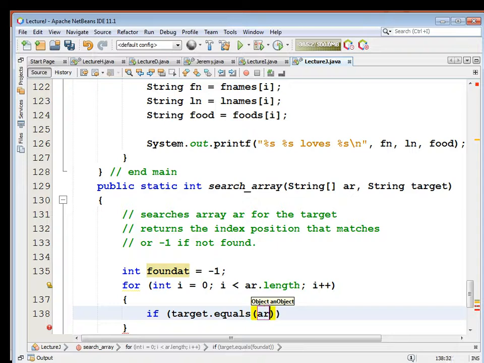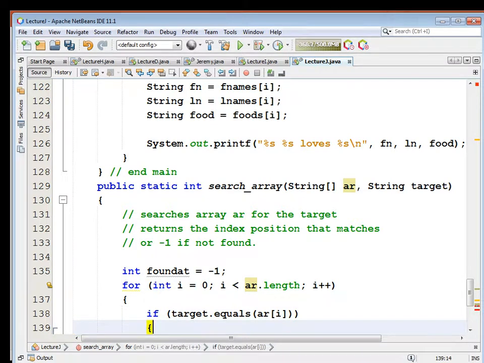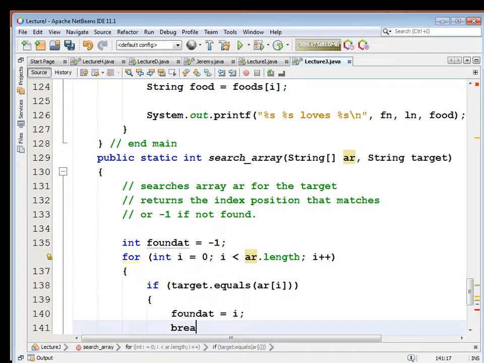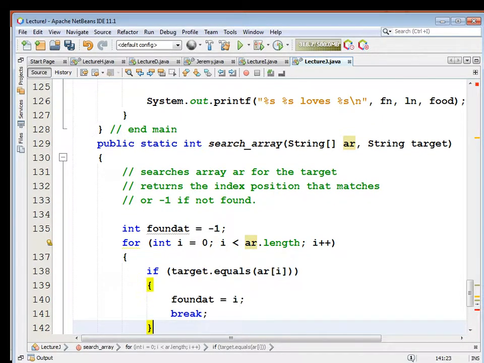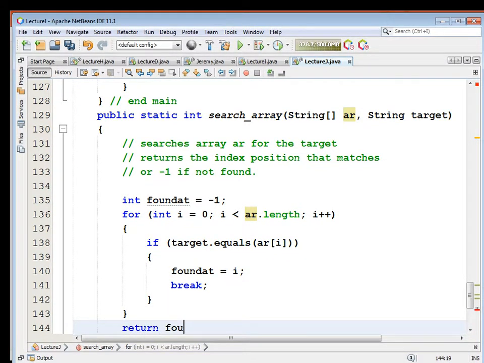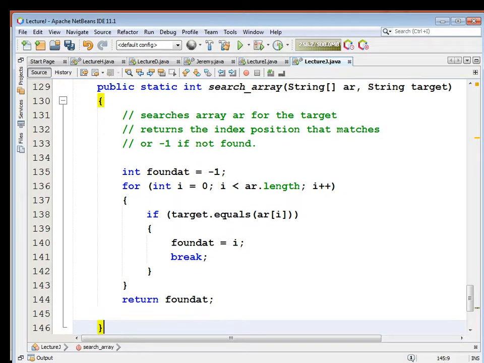So AR[i]. Open curly brace, foundAt = i, break, close curly brace, close another curly brace, return foundAt, semicolon, and then our last curly brace is the end of the search_array method,